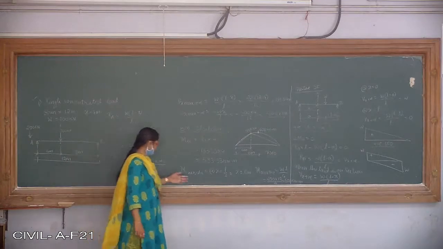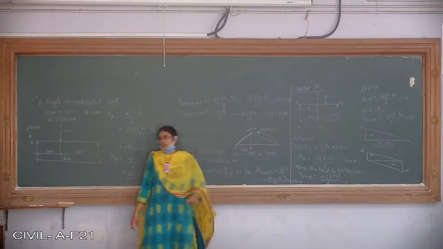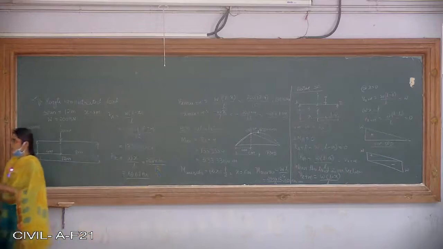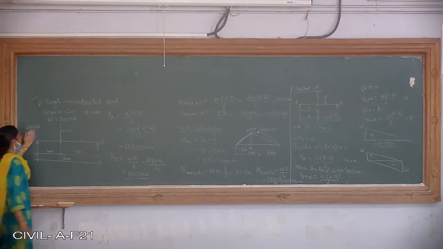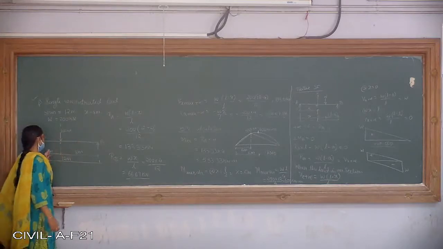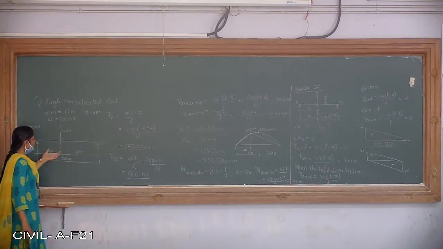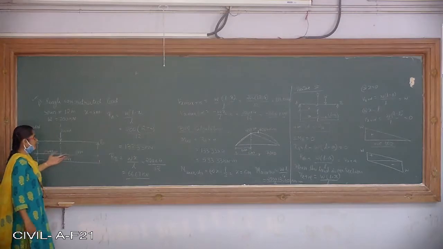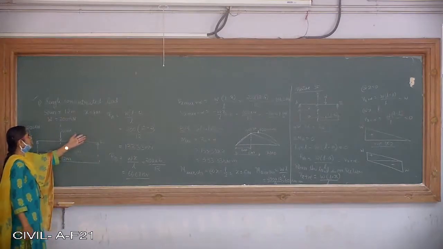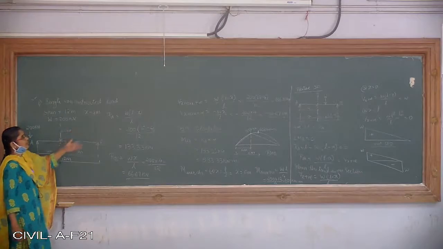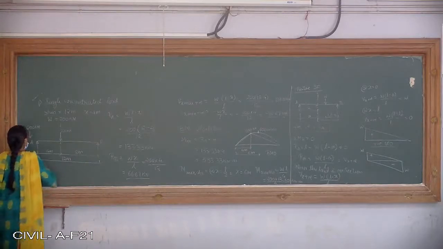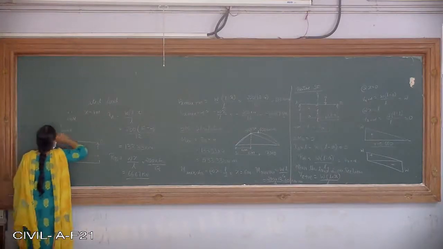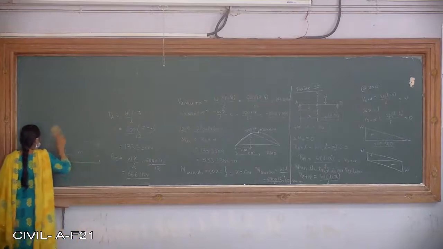Hope this is clear to you all. So similar problems you can try to solve, taking different values for the load and different locations for the section. It can be at 2 meters, at 6 meters, at 10 meters. You can vary the section and get the values of positive and negative shear forces. Okay, you can take it for homework. So next we will go for the next case, that is UDL longer than span.